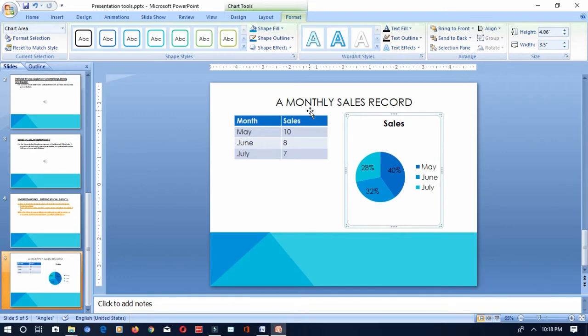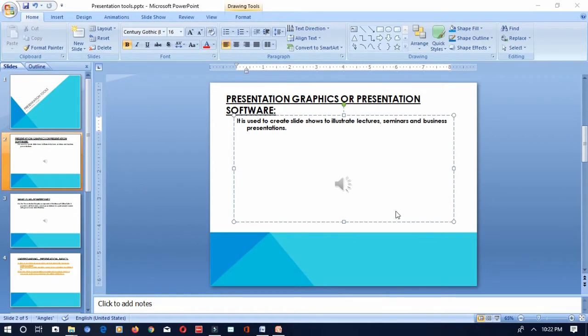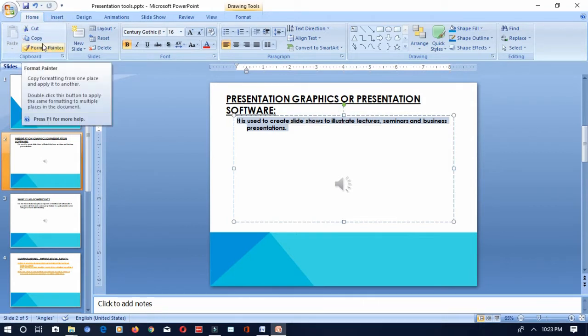Let's see how to edit the slide contents. Editing means cut, copy, paste, delete, undo, redo. All these are called editing the contents. You all know the cut, copy, paste options and how to use them, right? To copy the content, you use Control C, and paste it. To move the content, you have to cut and paste the content. For example, if I wanted to copy this content, I have to use this copy and paste option.